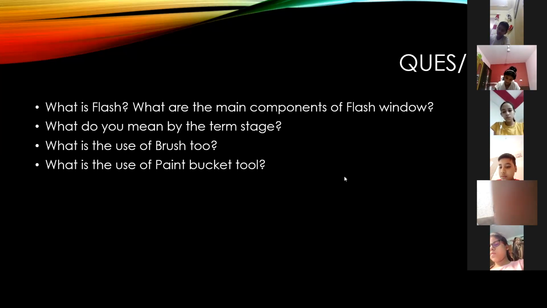Clear? No need to write the description, the detail of the components, just write their names. Clear?